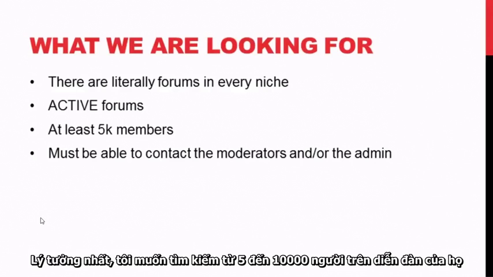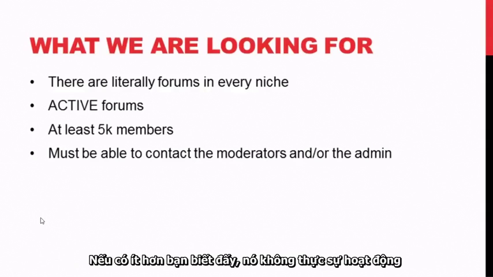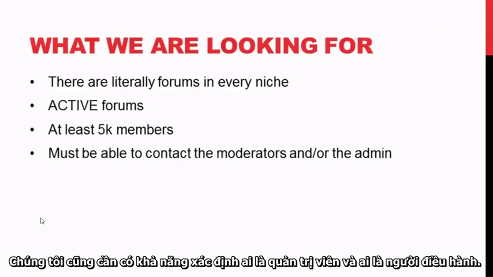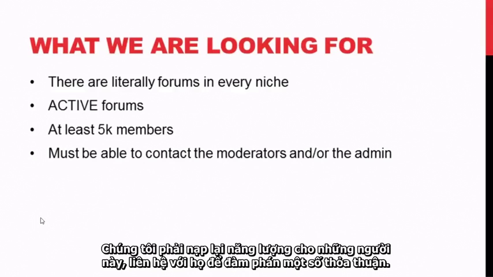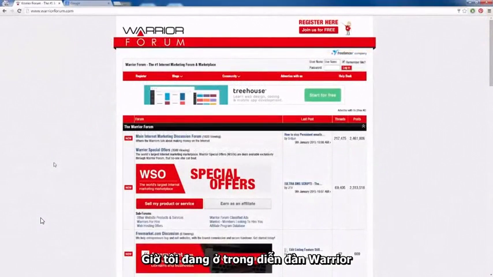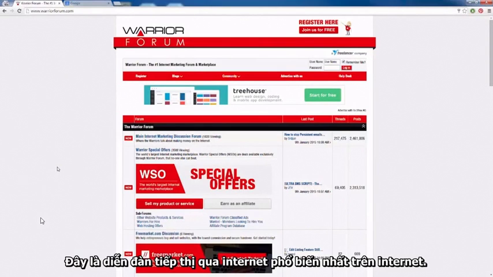Ideally, I like to look for 5,000 to 10,000 plus members on the forum. If there's less than that, it's not that active. So I like to really target forums that have at least 5,000 people or more. We also need to be able to identify who the administrators and moderators are, because we have to reach out to these people to try to work out some kind of agreement. So we have to make sure that they are actually a part of their forum. So here I am right now on the Warrior Forum, which is the most popular internet marketing forum